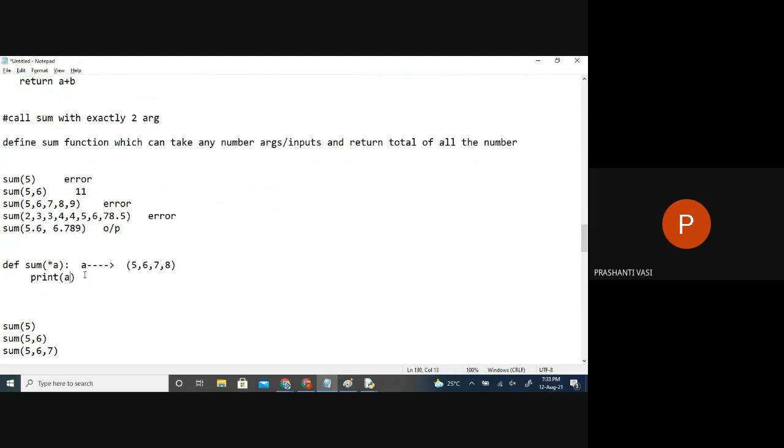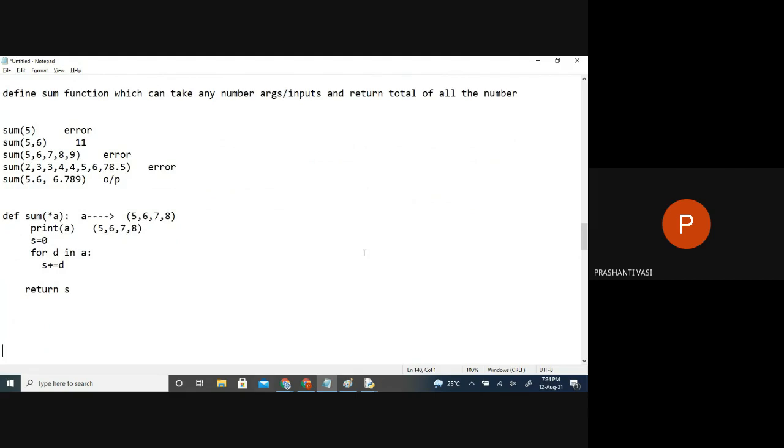Now, if I print this output on the screen, we'll see the output will be a tuple of information. So, if you are able to take any number of arguments and store them in a tuple, can you find the sum of it using a for loop? For each data found in the tuple, can I say sum plus equal to D? Can we do this loop? Yes. Then we will keep changing and return the answer. Yes. So whatever number of arguments you pass, it's now taken with this tuple reference.